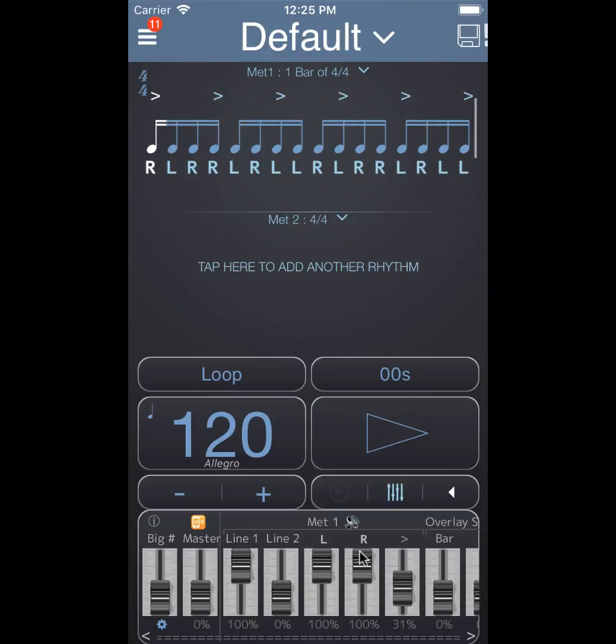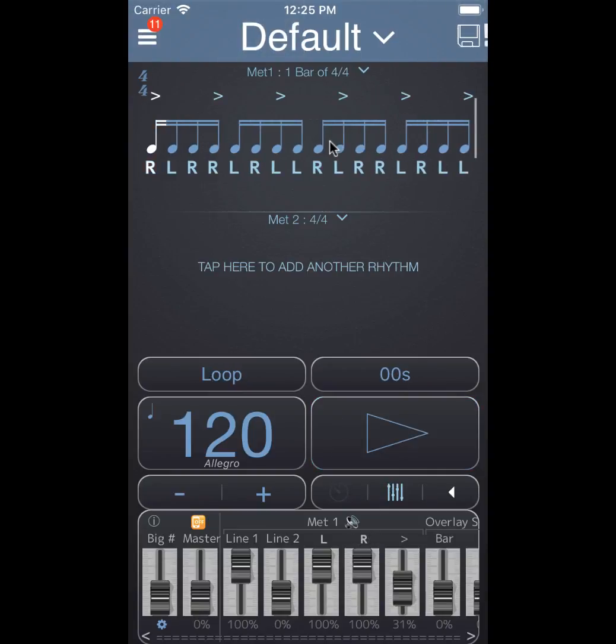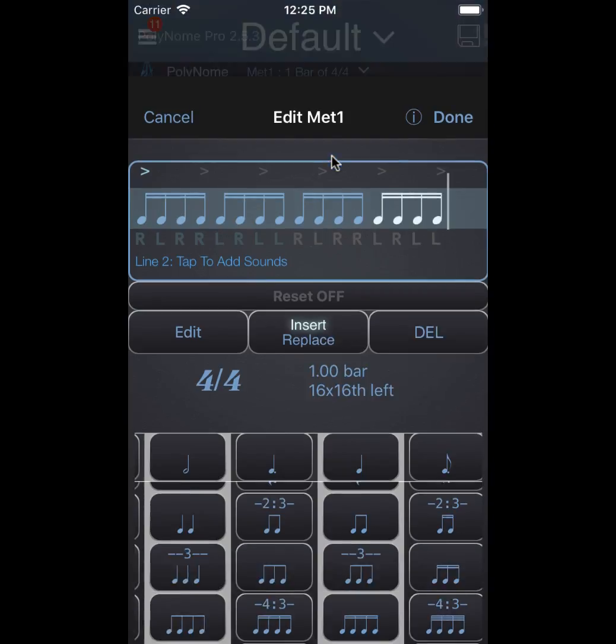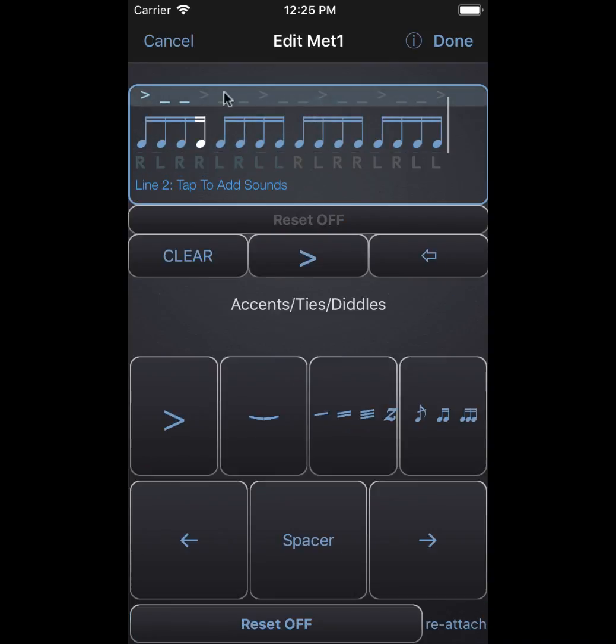Basically, the mixer will only show faders that are relevant. So you have a fader for the L sound and one for the R sound. And if we had kicks in there, you'd have a fader for the kick. So you can play this back and just listen to the right-hand part. Or just listen to the left-hand part. So that's accents. And I think that covers most of what is on this page in terms of certainly the accents and the rudiments,